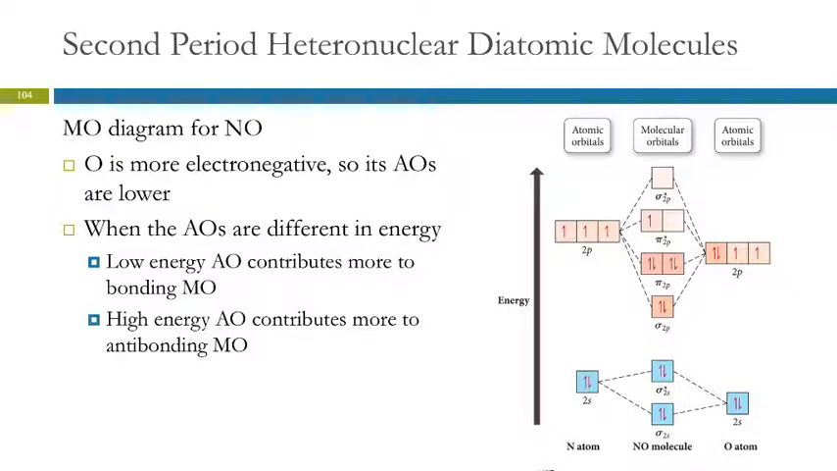So here we have a nitrogen and an oxygen atom. So here are the atomic orbitals for nitrogen, the atomic orbitals for oxygen. Oxygen's more electronegative. Its orbitals are a little lower in energy. Now that's not something that I would expect you to know. I'm just telling you. So its orbitals are a little lower in energy than the nitrogen orbitals. So then when we combine these,